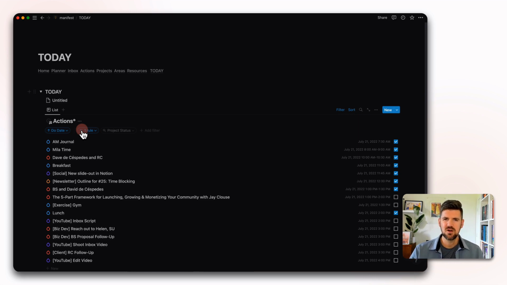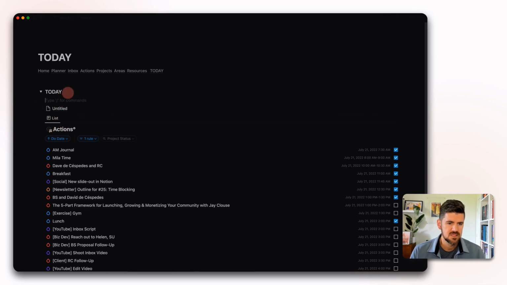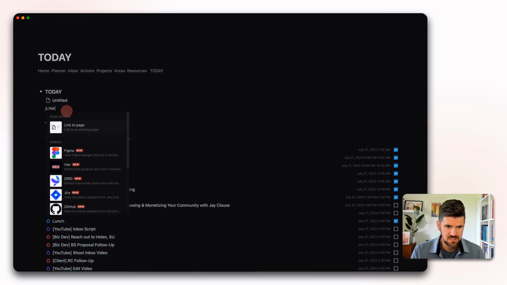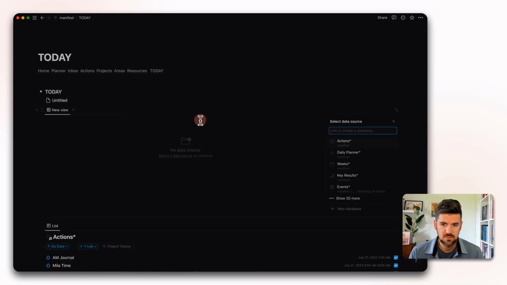And that's part of the weekly planning process, which I might just do a video on as well. But that just allows us to plan ahead and try to block out time for specific actions. So we've got that set up, and the next thing we're going to do is set up the daily planner view. So again, we're going to type /linked database, linked view of database, and we're going to select daily